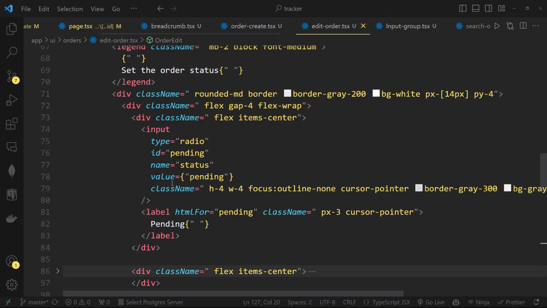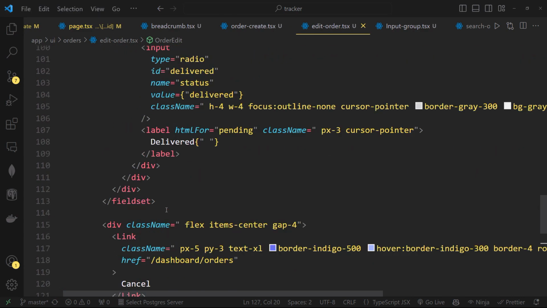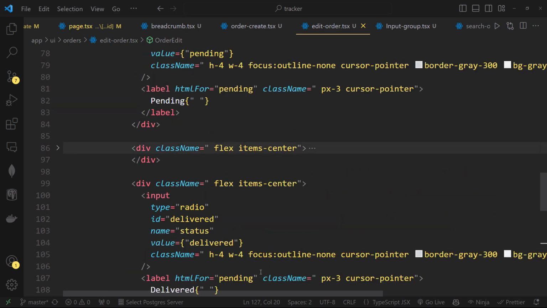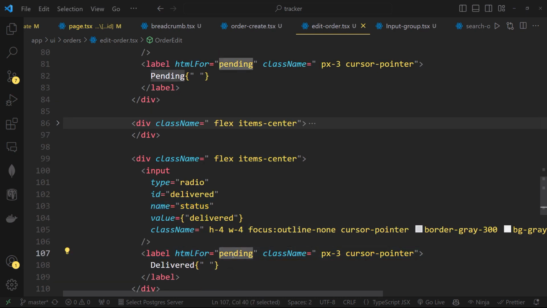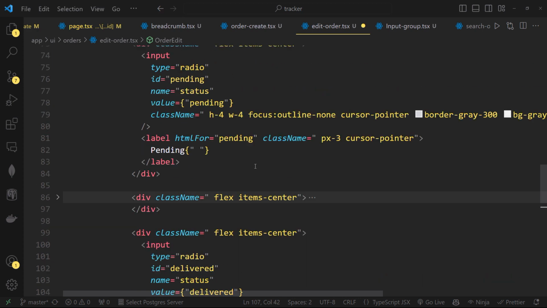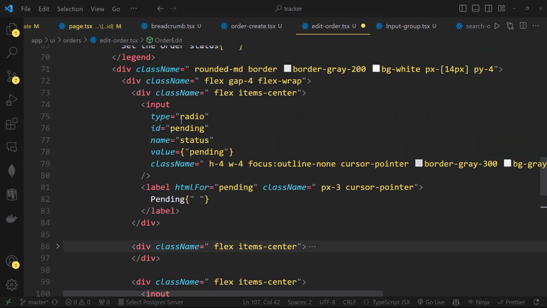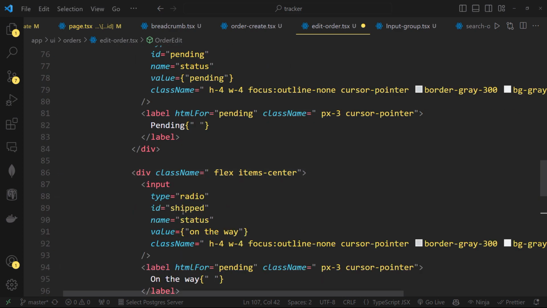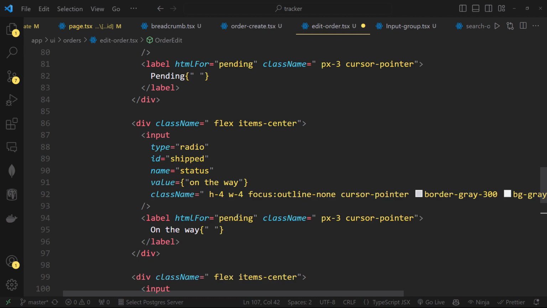Let's come to edit order here. Let's come to these fields here. Type is radio. We need to change the label here to delivered, and also here, since we are given the ID, let's see, okay, this is this one. Since we are giving the ID to shipped, we need to change the label, the HTML for here, to shipped